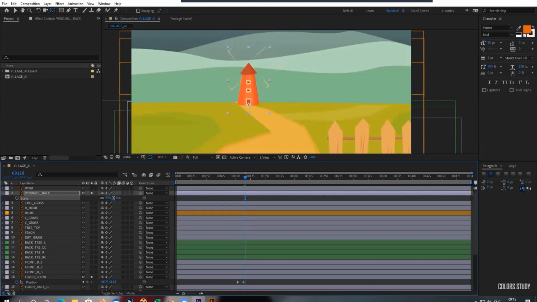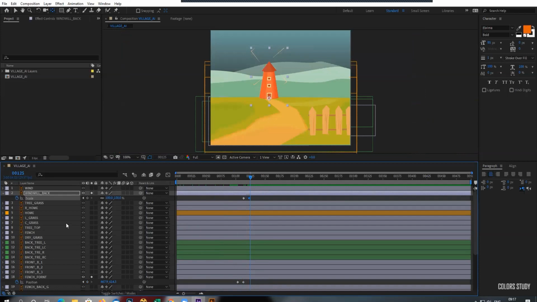If I put a value of 0 and make it from 0 to 100, it will look like a very good animation. So mostly when you are going to pop up something like this, do it like this. 0 for the scale. Just make sure when you are doing a scale animation that the anchor point is set to the correct position. Okay, so I'm done for this house. Let's go for the other one.